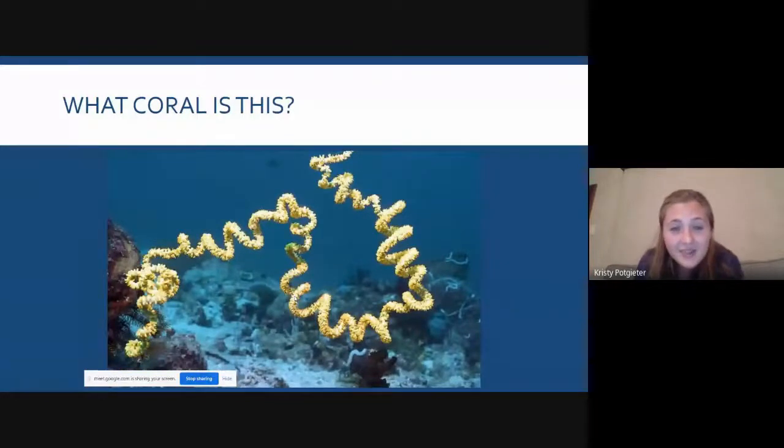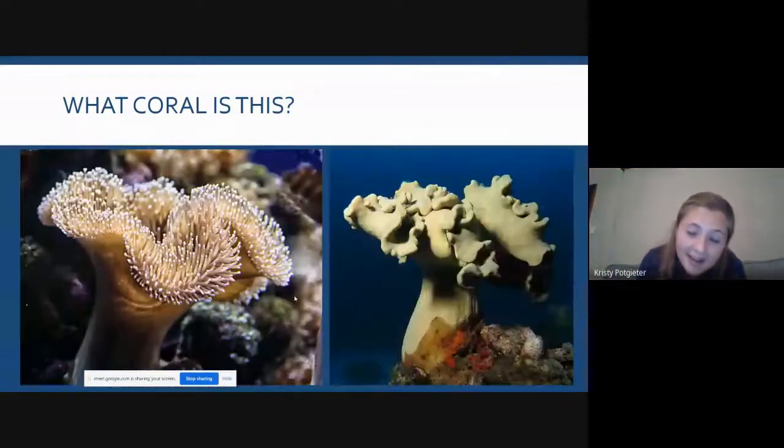And this is another one of our soft corals. Again, this one is a soft coral, and if you guessed whip coral, you got it. Both of these are the same. The one on the left is showing you the polyps extended, and on the right, the polyps are retracted. Again, you can see that convoluted head, so if you guessed sarcophyton or soft mushroom coral,